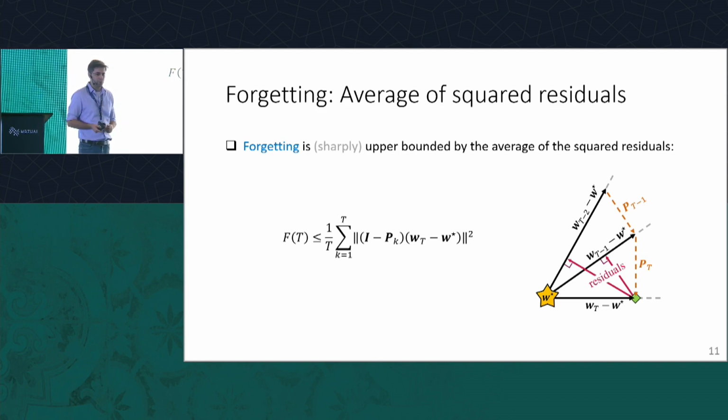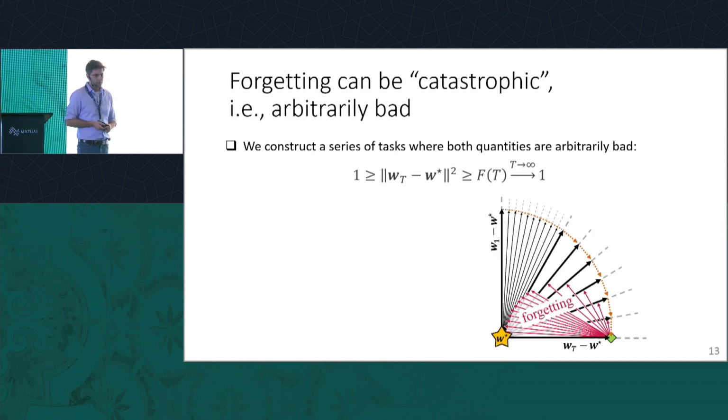The question is now, what can we say mathematically? Some results. So the first question was, can we get catastrophic forgetting? Is it possible that we don't converge at all to the teacher? And the answer is yes. So we can construct a series of tasks so that we're arbitrarily bad in terms of forgetting, meaning the distance to the teacher and the forgetting are both bounded by some constant which can go to 1, arbitrarily bad,